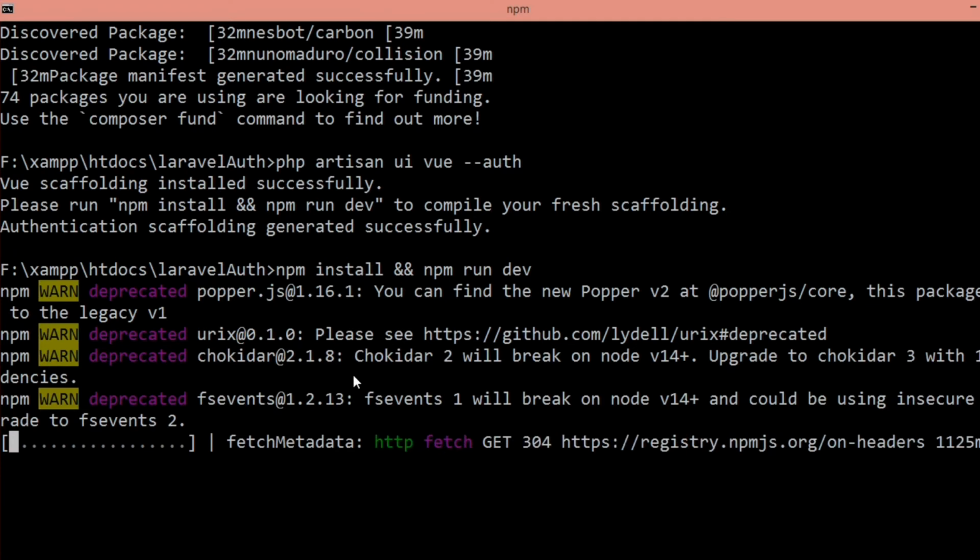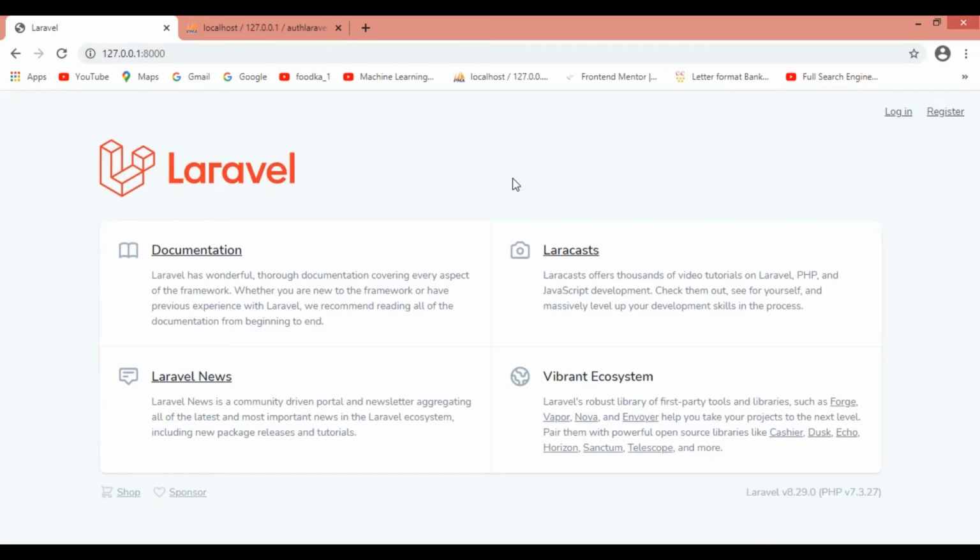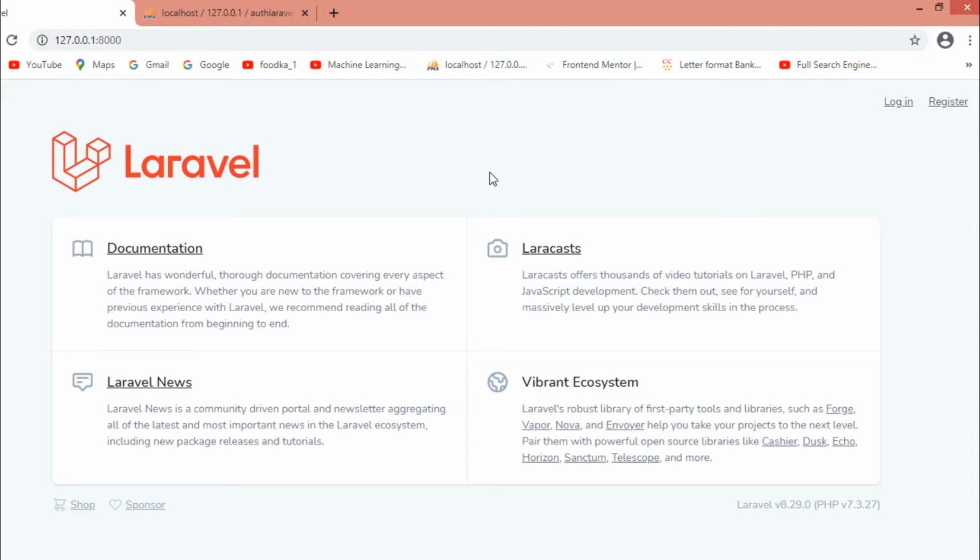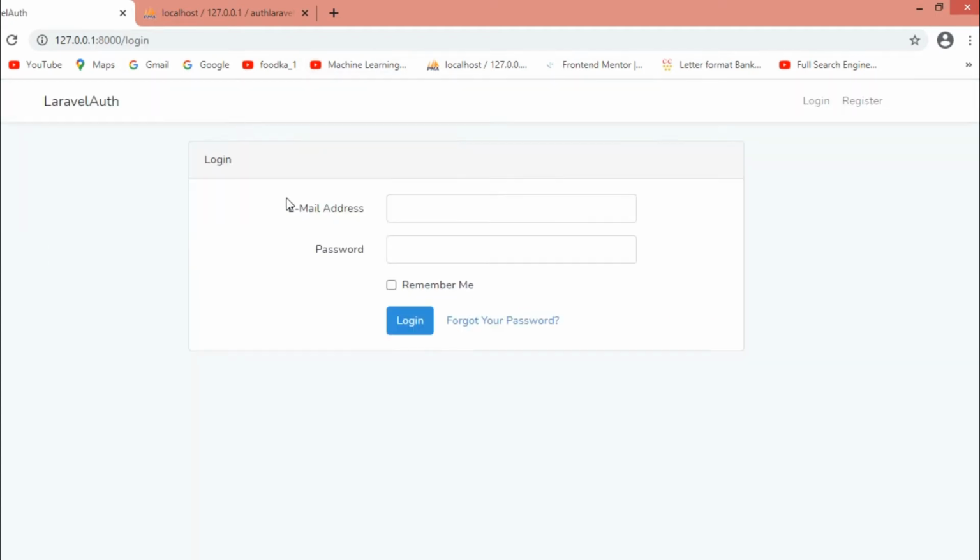So guys, as soon as all this process is done, I'll show you the main custom authentication part. As soon as you have installed all the command line utilities with the help of Composer, you will be able to see the user interface. It will be something like this.